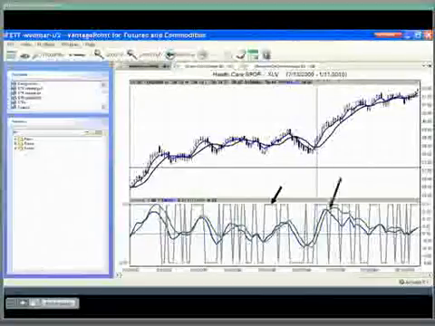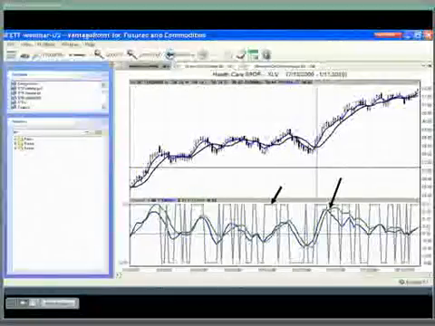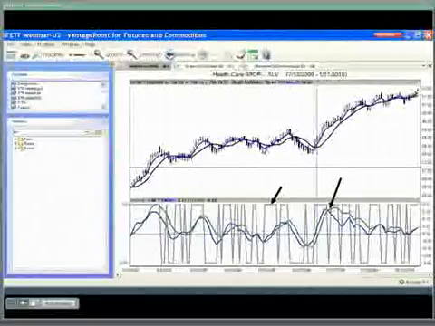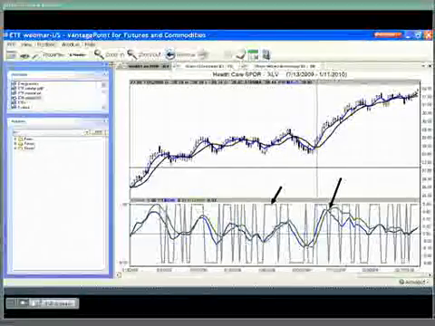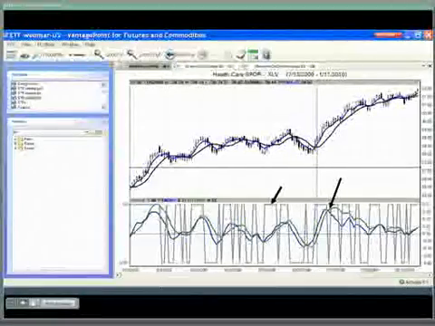Also, we have the blue line and the green line down here below, and you will see that there are some crossover situations there. These are the predicted differences. And when we talk about differences, we're talking about different moving averages where we're comparing the predicted moving average and the actual moving average. The green one